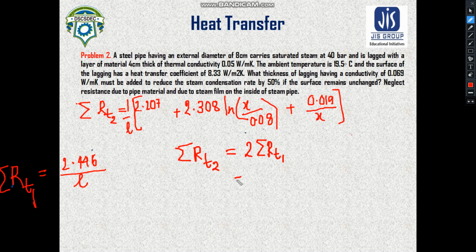So that means we can write this one as 2.2446. In both the cases this 1 by L is the common term, so it will be reduced, and now we can write this equation as